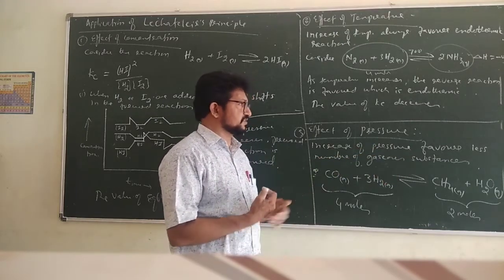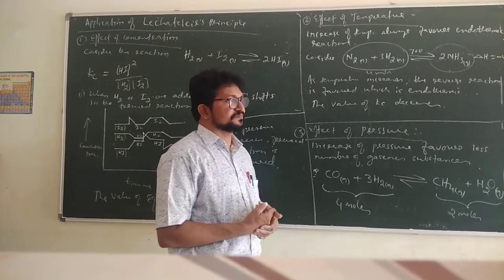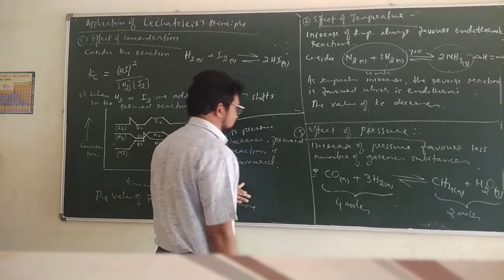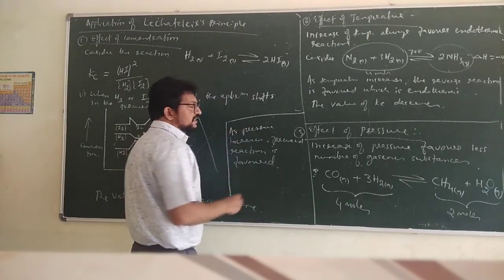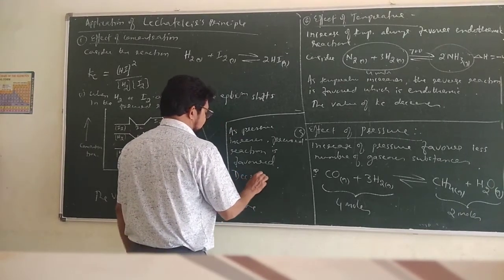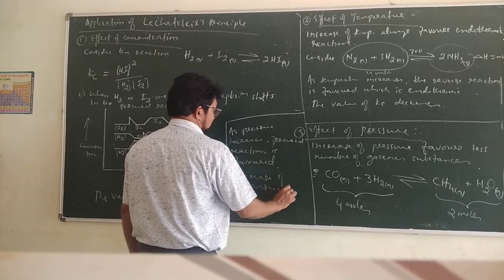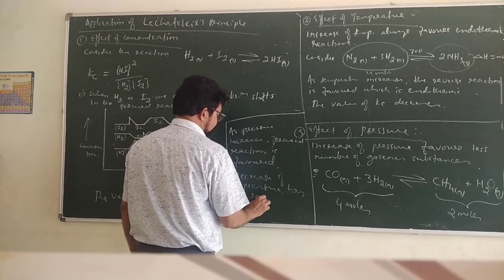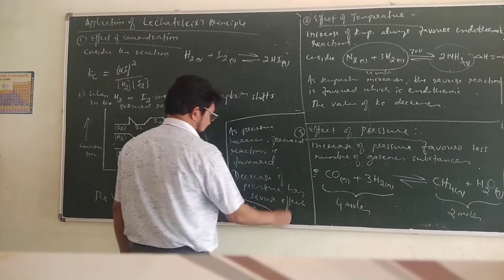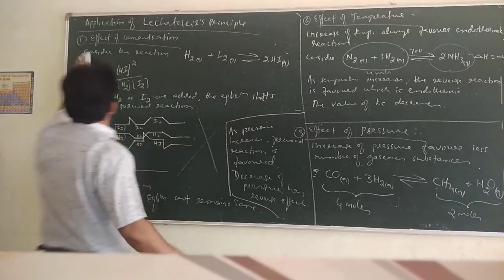at the same temperature and pressure. Because volume gets half. So increase of pressure always favors fewer moles. Decrease of pressure has the reverse effect. You can write here: decrease of pressure has reverse effect. Okay. Now the last factor,